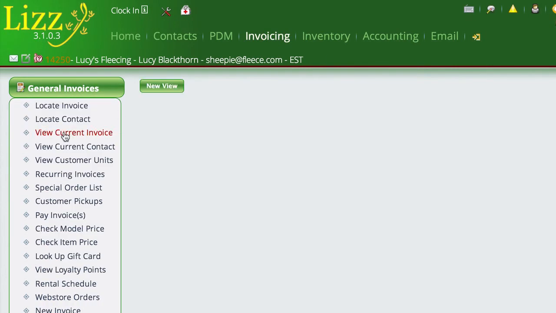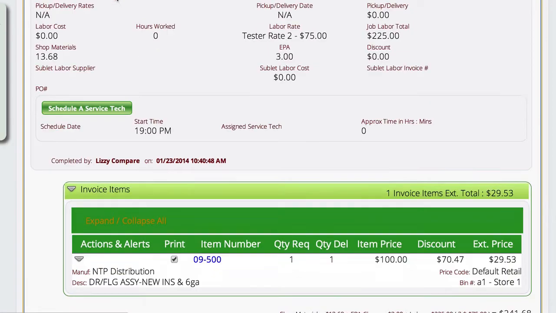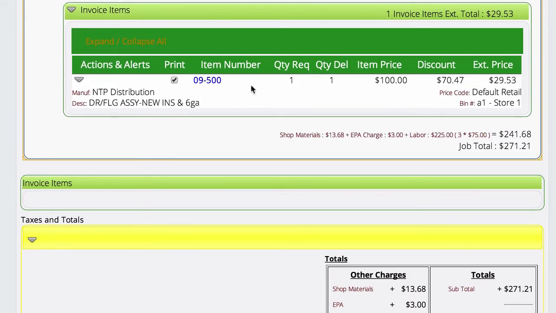So we're going to come back over here to the invoice, and the only thing that I'm going to show you here is the part. I've added a part to this service ticket. So we're on a service ticket. I'm not in the parts department. I put this part on the service ticket,